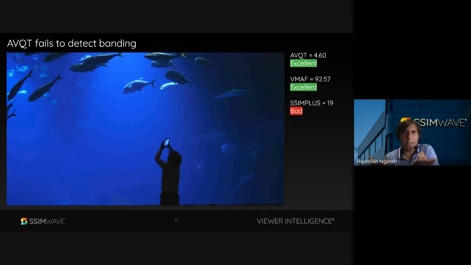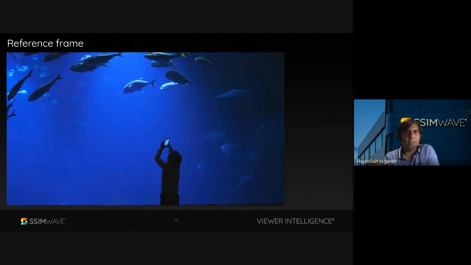It's not a fair comparison. You're just comparing a full reference metric like AVQT or Vmap to Simplus. What if the source had some sort of banding, and AVQT is saying that compared to the source, this frame is not that bad, or the difference is not that much? To prove that the source didn't have banding, I'm providing you the source or the reference